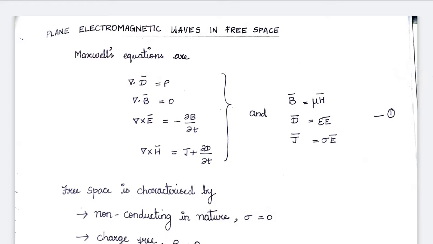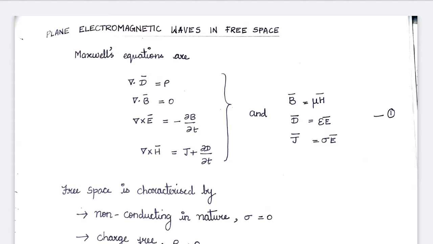In this video, we will discuss the behavior of plane electromagnetic waves in free space using Maxwell's equations. Maxwell's electromagnetic equations are given by del dot D is equal to rho and del dot B vector is